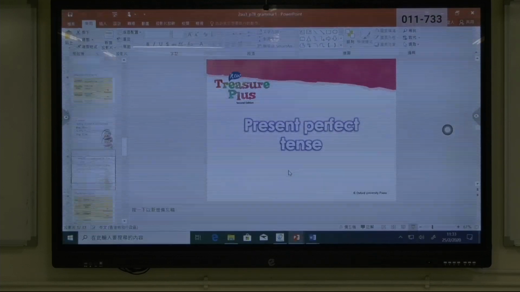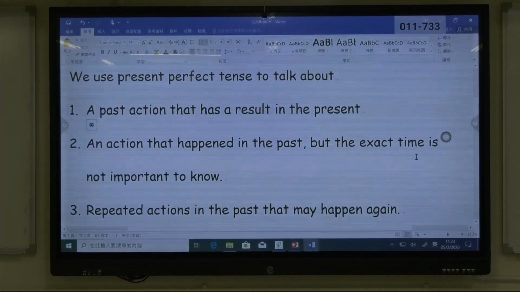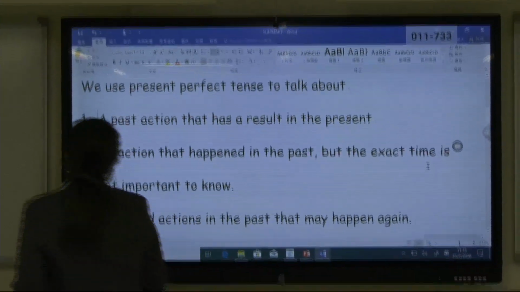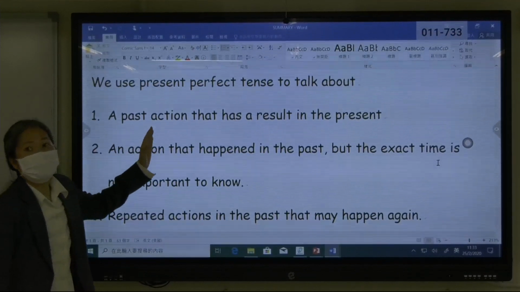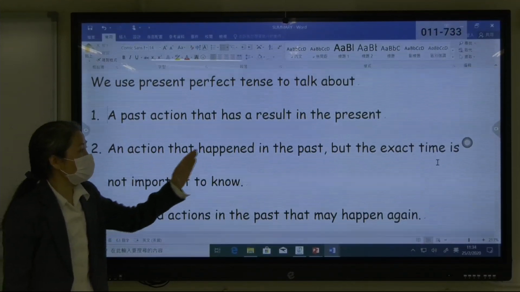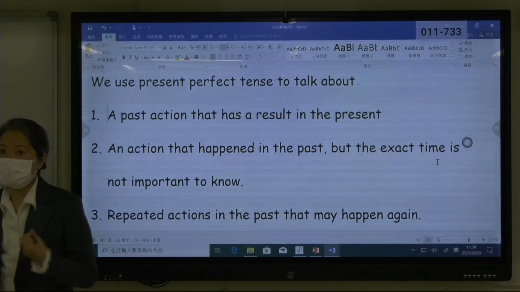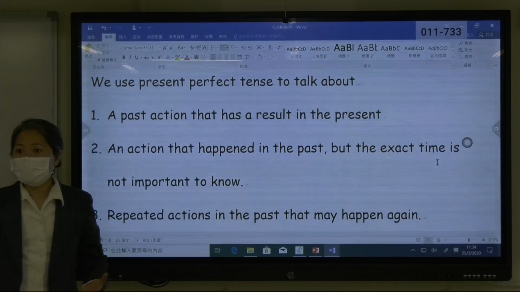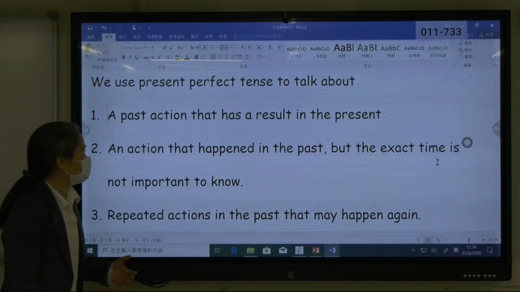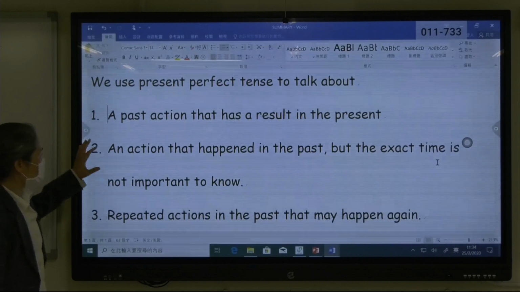So now let's go to the summary. Okay. Here is the summary of present perfect tense. Okay, we use this to talk about a past action that has a result in the present. 我哋講一樣過去嘅嘢而影響到而家你有咩結果嘅。Okay, for example, I have lost my wallet, so I do not have money to take the MTR. Okay, 唔記得銀包而家冇錢搭車。